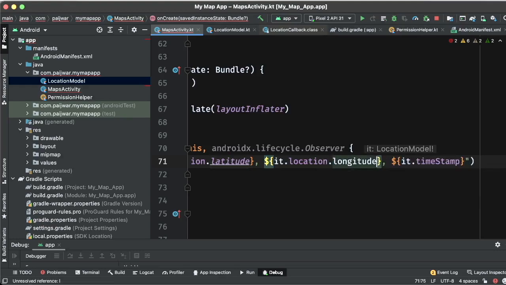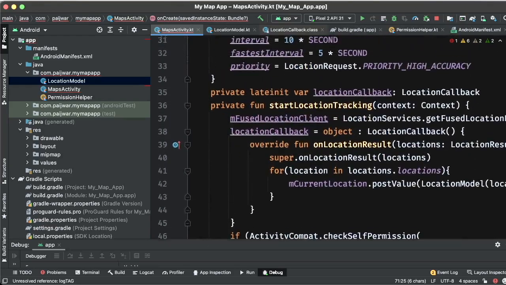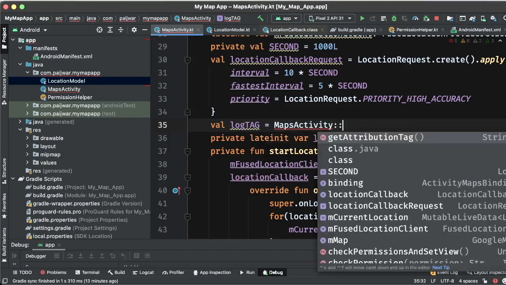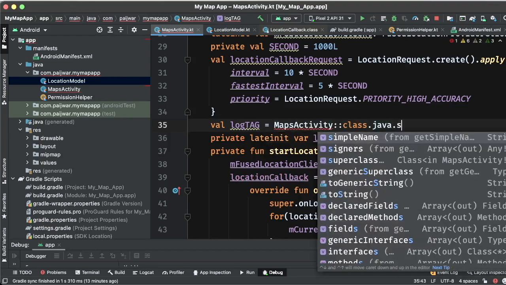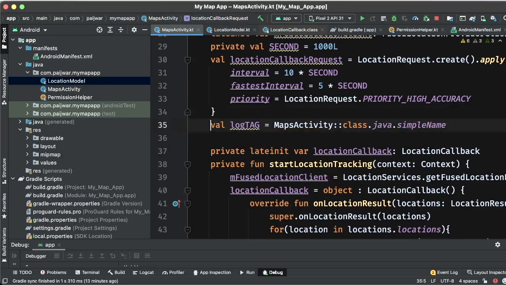This is longitude. And this tag we need to declare. I will declare it on the top. This will be MapsActivity. So this is nothing but a class name that I wanted to use, and it will be private.